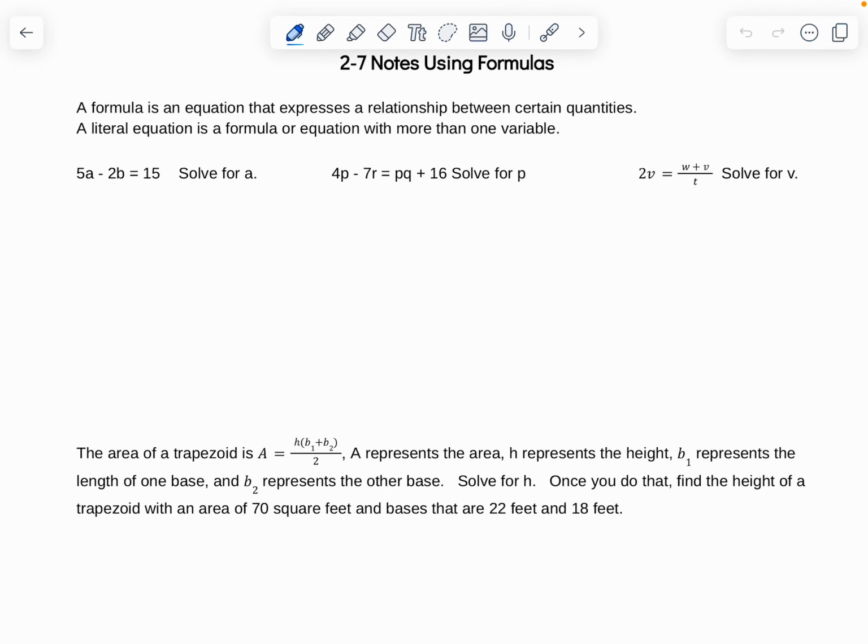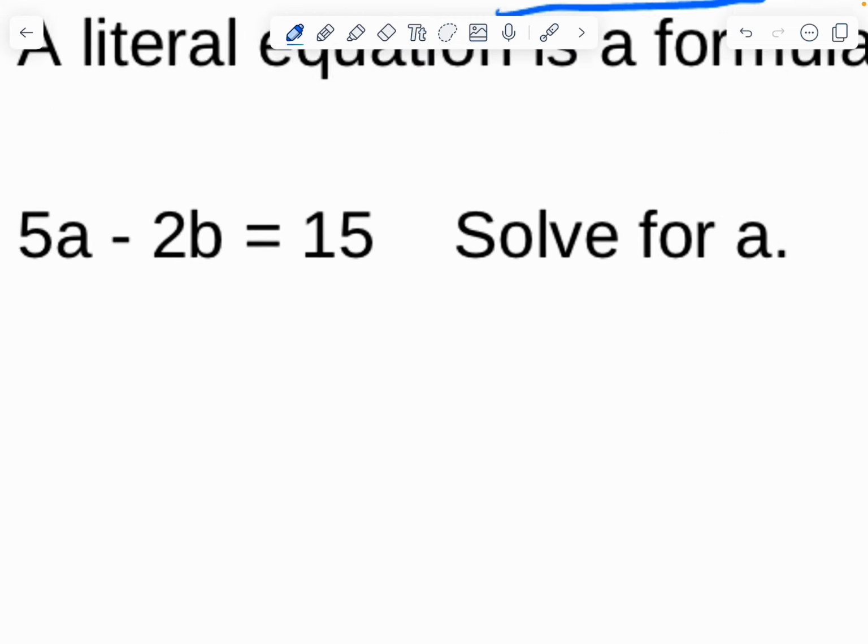2-7 notes using formulas. A formula is an equation that represents a relationship between two quantities. Now, a literal equation is a formula or equation with more than one variable. So there are going to be lots of variables on this one. So